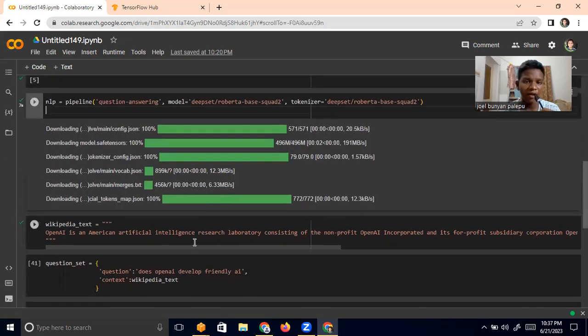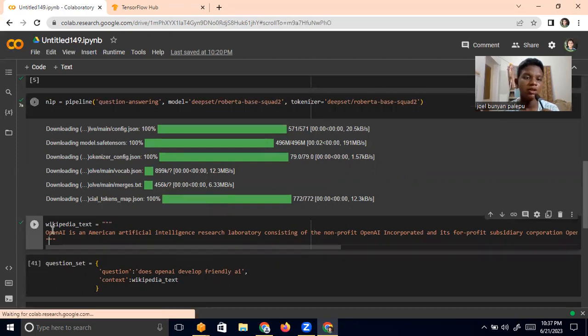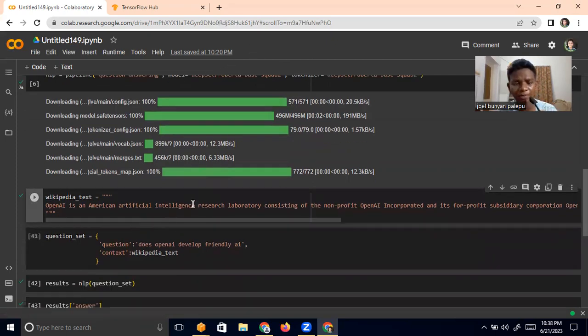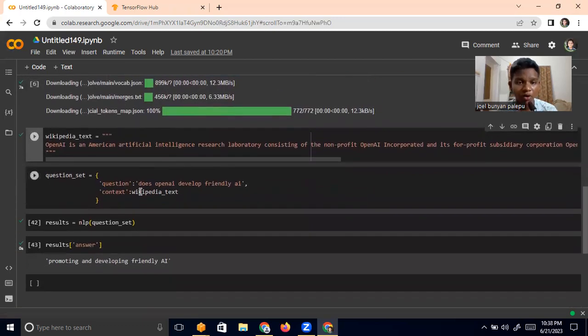And then I have pasted some text, any text. We should specify the context first. What is the context? I have just picked up a little description of OpenAI, right? You know about OpenAI, right? They are the company that developed DALL-E, ChatGPT, and all that. They have Sam Altman. So I have pasted some text about that, and now we can give this context and we can ask questions,